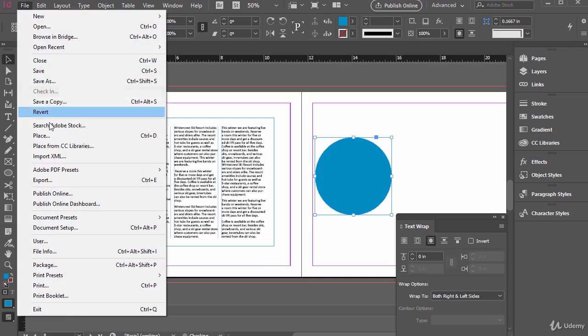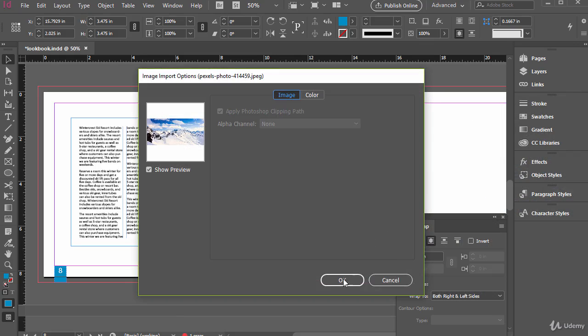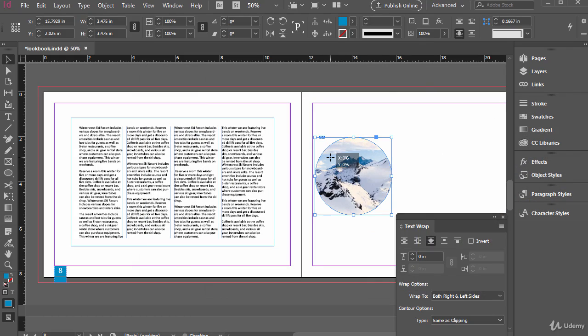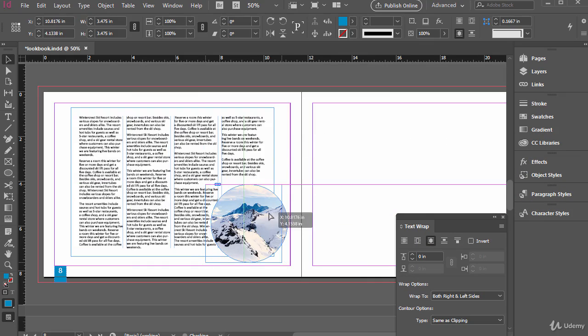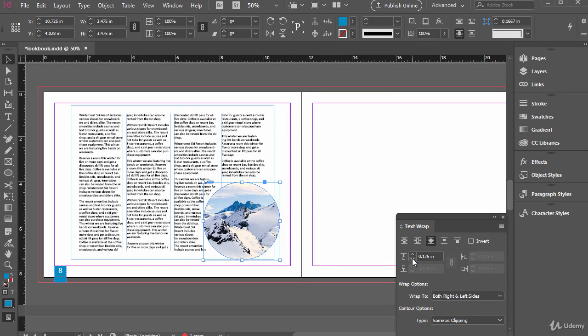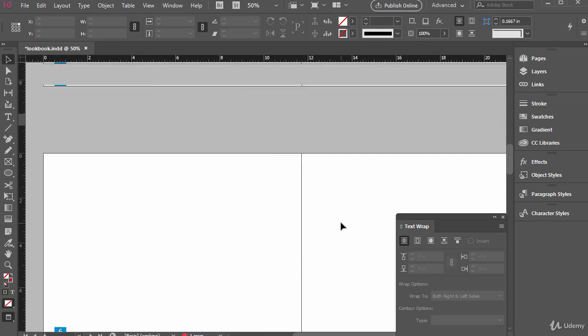We can also go to File, Place, and of course select a photo. Let's say this one here, and then click Open. And I'm just going to click right on top of this shape here. And if I click and drag this over here, it still wraps around it, even though we have a photo in there as well. I'm going to increase the space in there just a little bit. So I'm going to press W, see how this is looking so far,